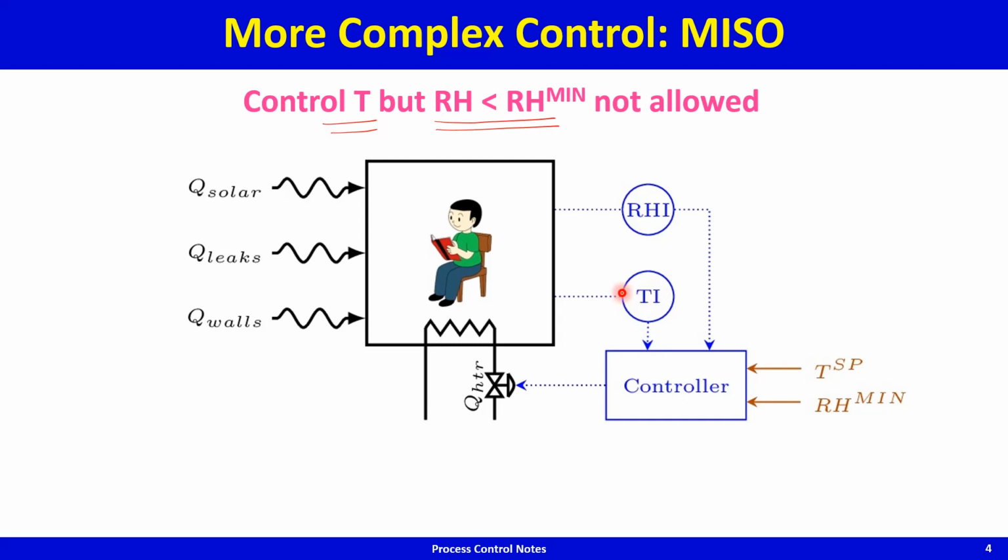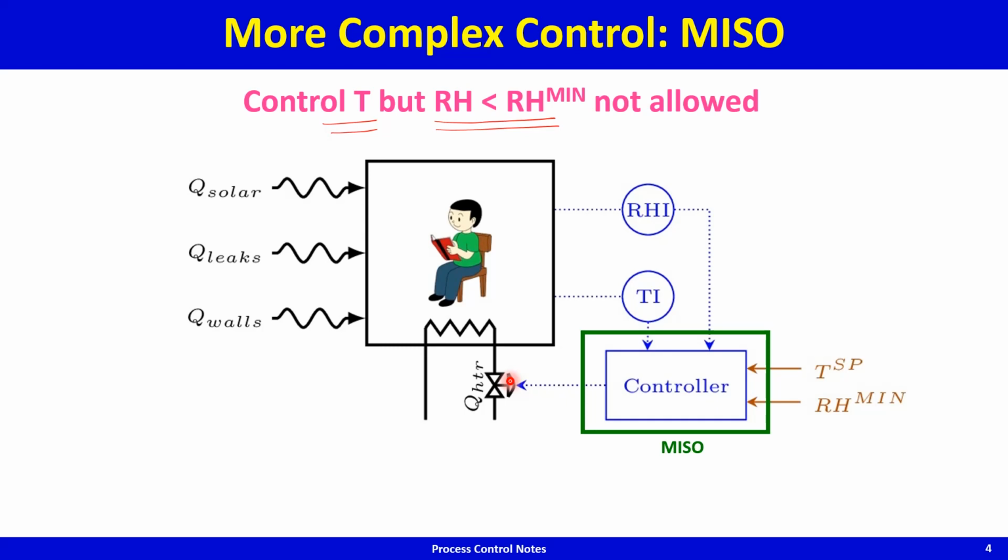So this is a more complicated controller, with multiple inputs and a single output, hence it is called a MISO controller. It's got two dynamic inputs, two process variables that are dynamically changing over time, and a single dynamically changing output, QHTR. You could have a still more complex control problem,